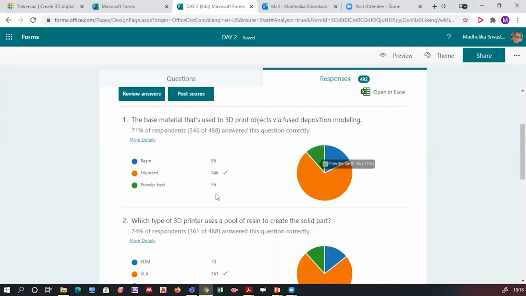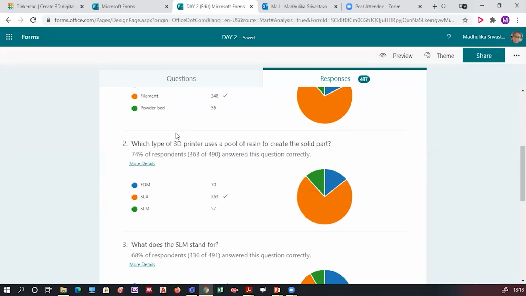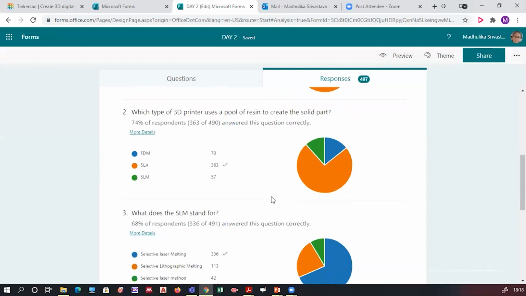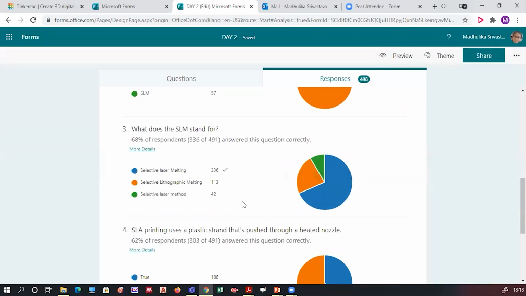Those who answered resin are right for stereolithography. The next question was interrelated to that: which type of 3D printer uses a pool of resin to create the solid part? SLA, stereolithography. That's the correct answer. SLM is selective laser melting, the full form.